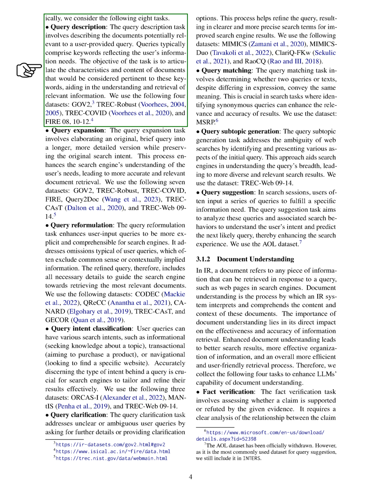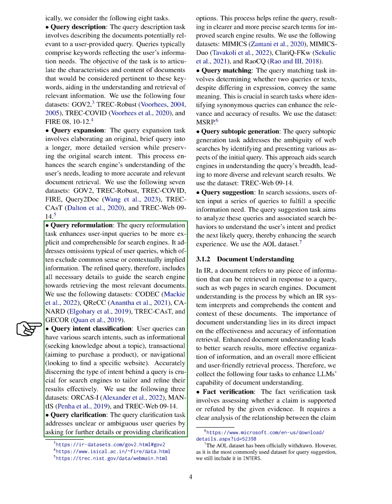We've considered 8 tasks in particular. The first task is query description, which involves describing the documents that might be relevant to a user's query. We've used 4 datasets for this task: Gov2, TREC Robust, and FIRE 08, 10-12. The second task is query expansion, which involves turning a short query into a longer, more detailed one while keeping the original search intent. We've used 7 datasets for this task: Gov2, TREC Robust, FIRE, Query 2 Doc, and TREC